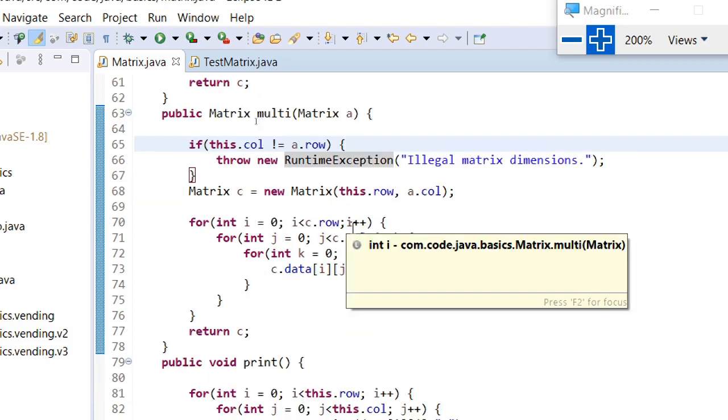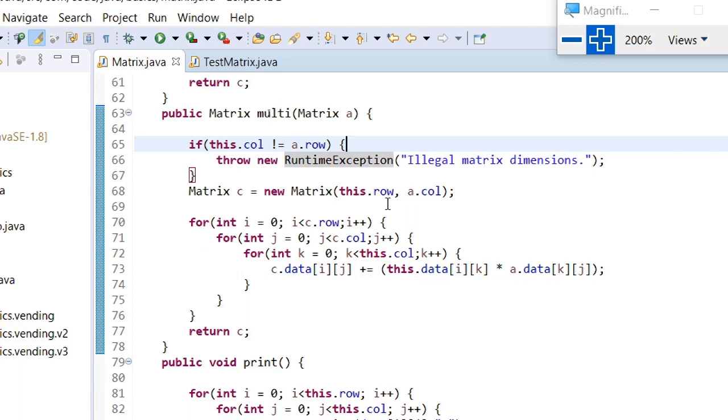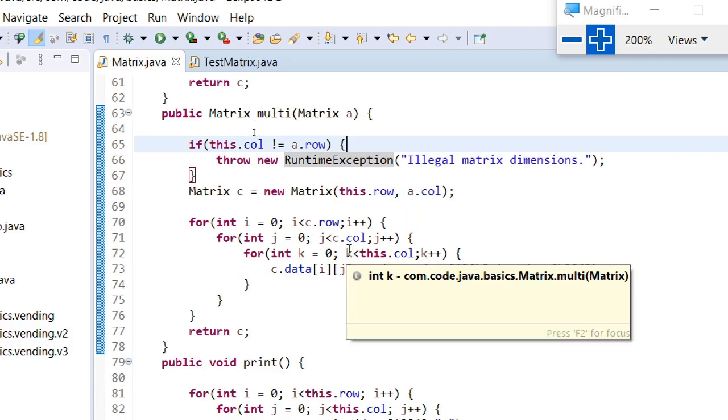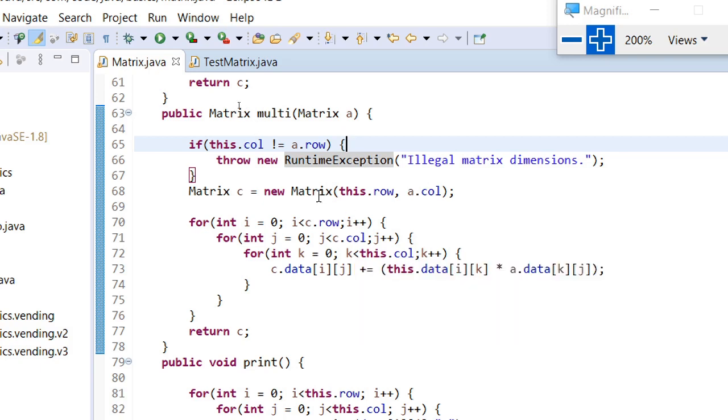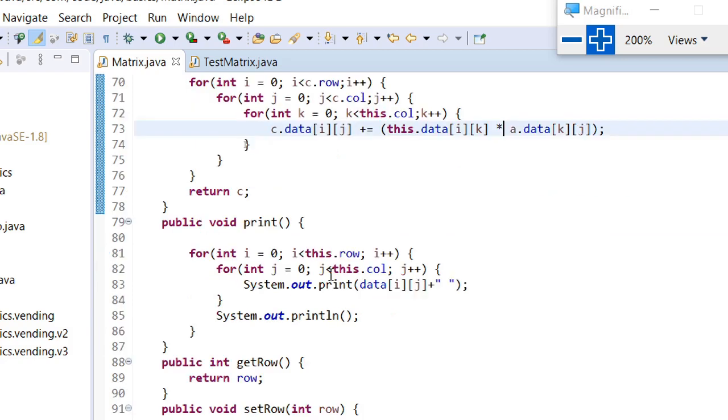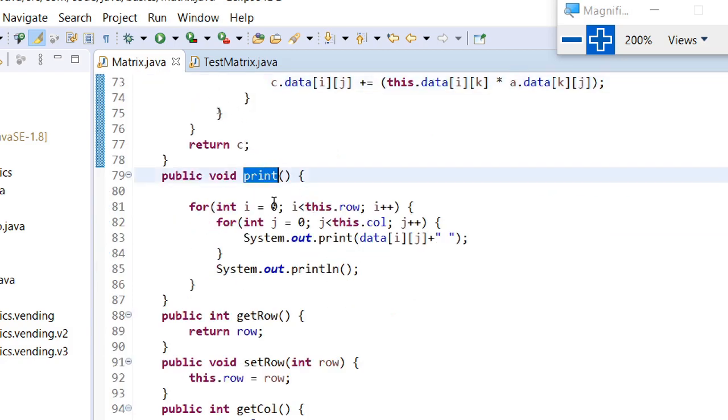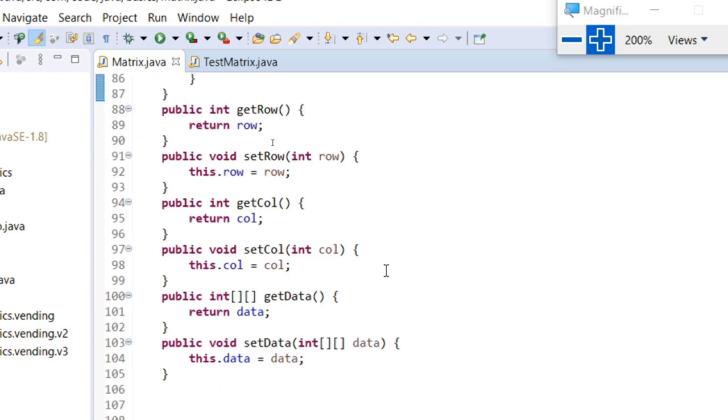In that case, the number of columns of the first matrix should be equal to the number of rows of the second matrix. So what I do, I have just the multiplication operator and do the same thing as I do in the subtraction. Then for printing purposes, we simply use two for loops, and then it's all about the matrix class.